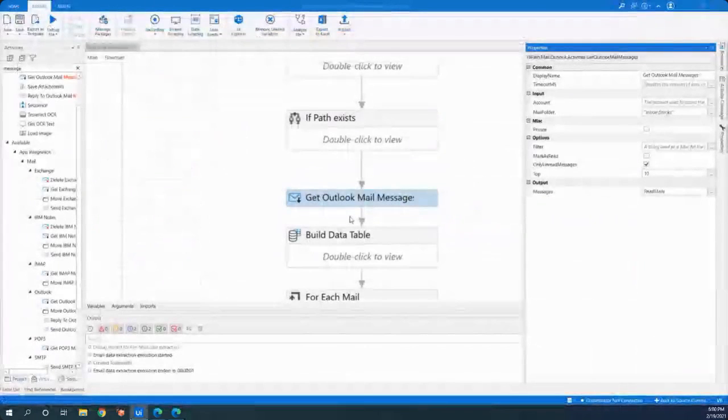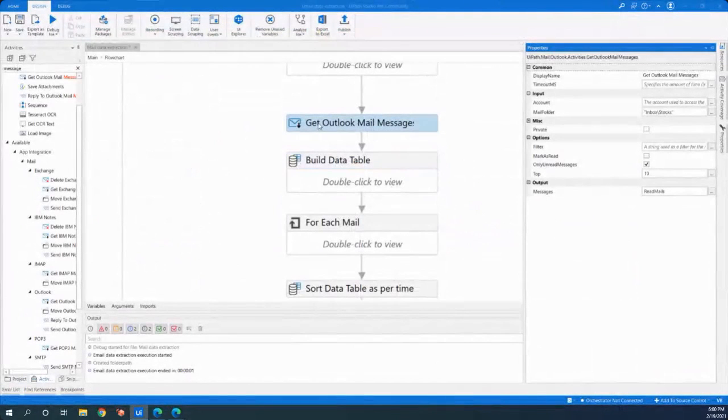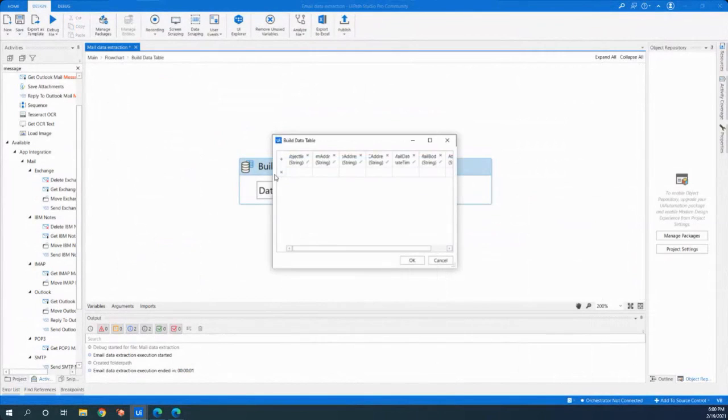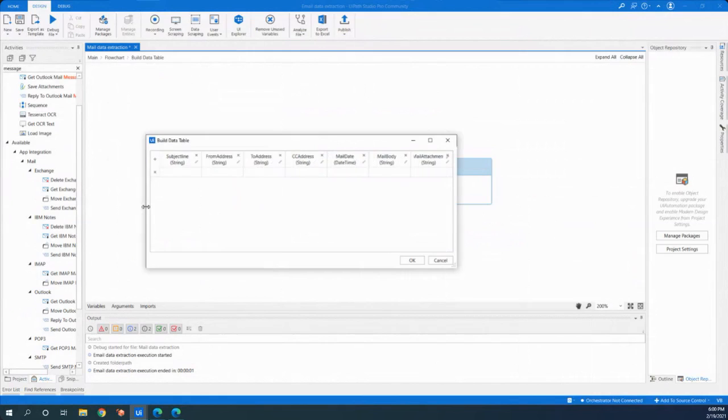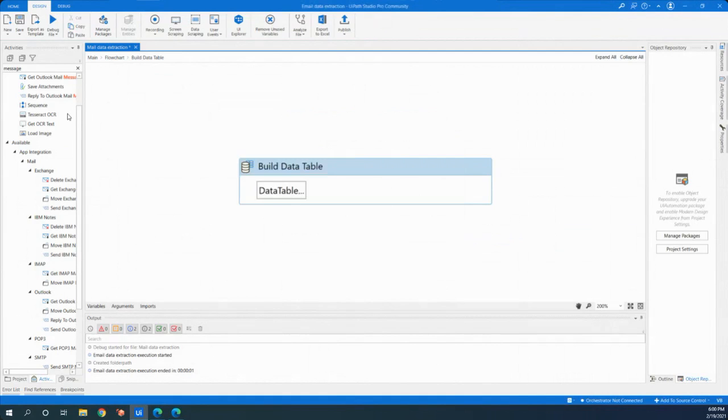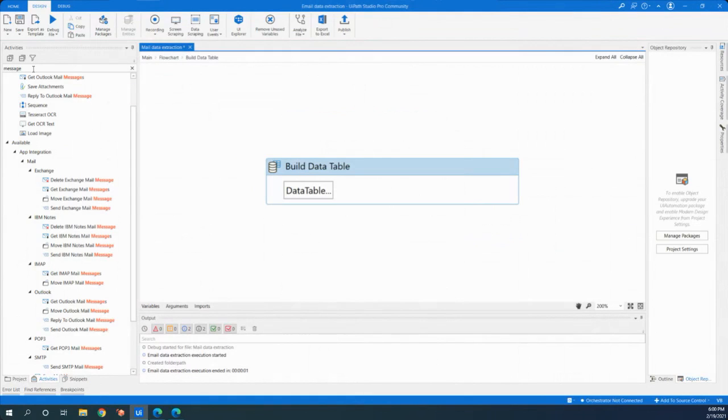So I'll close this. And now, an email has certain properties, right? It has a lot of properties. It can contain who has sent it, what the subject line is, what the from address is, to whom it is sent, whether there is any person in the CC, what time the mail was sent, what the text of the mail is, and whether there is any attachment. So for saving all of this data, I have created a data table. For that, you need to drag a Build Data Table